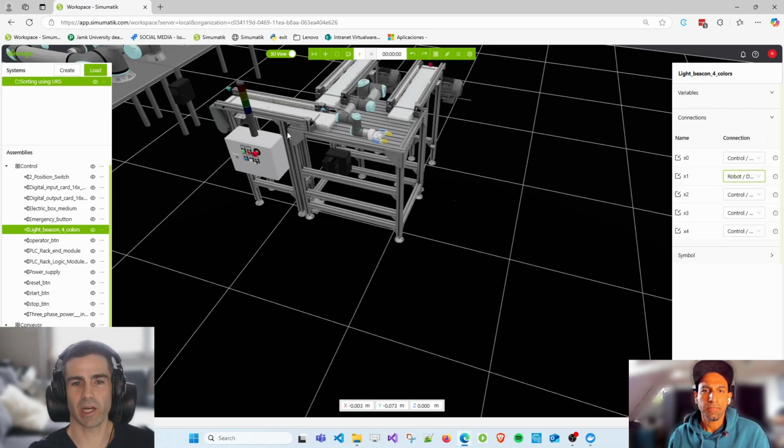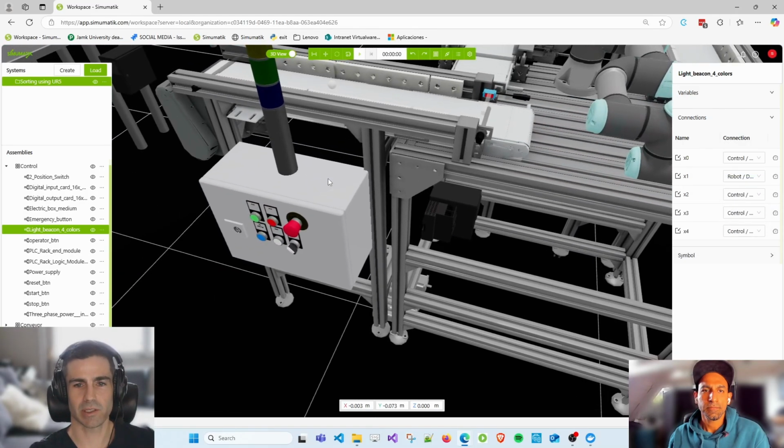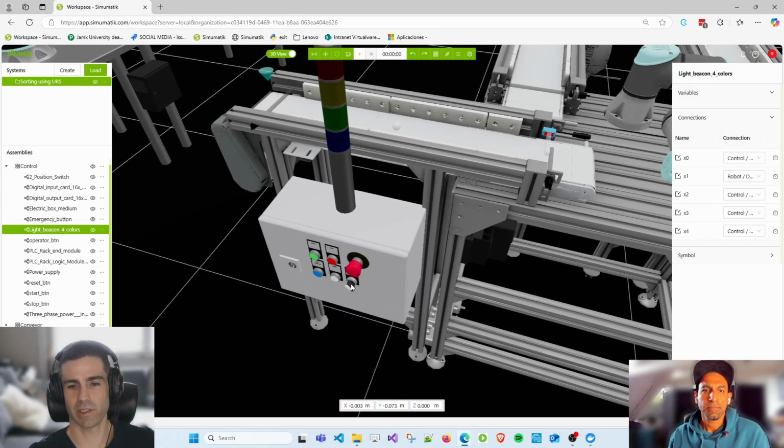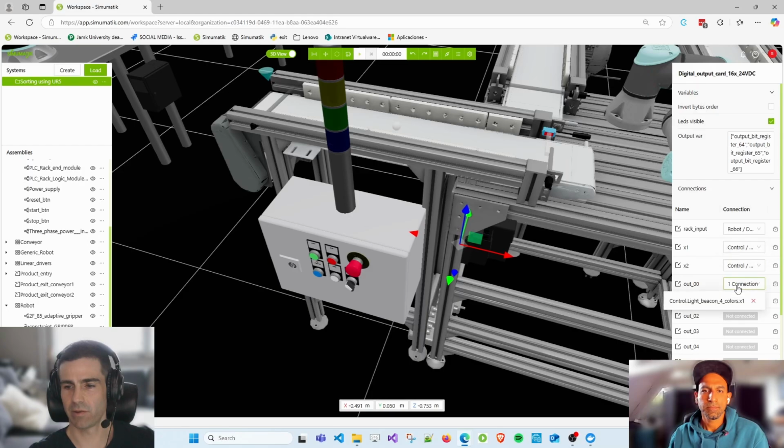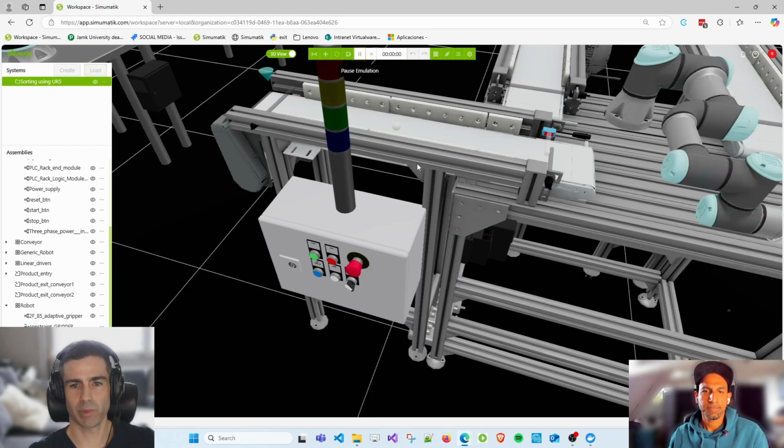Now, according to this configuration, this switch is going to be connected to the first input in the robot. Let's check. Yeah, the switch, and now the output: the first output is connected to the beacon. Okay, so if I play this,